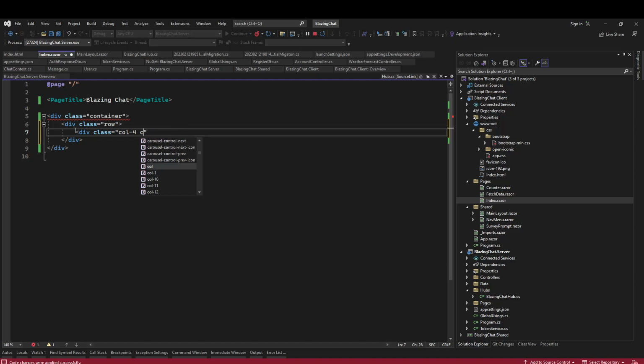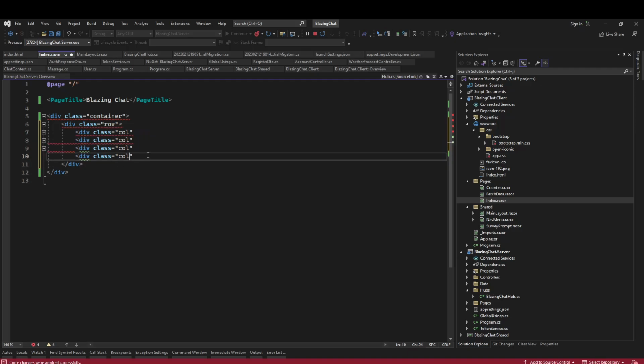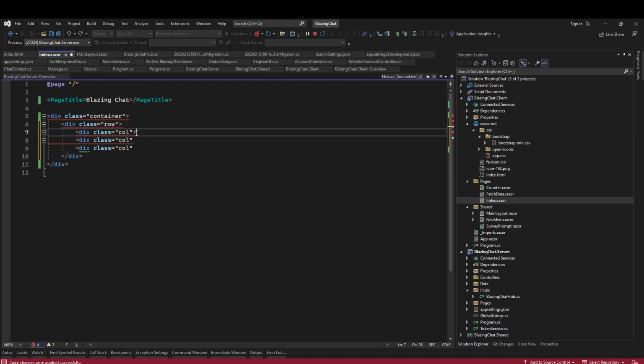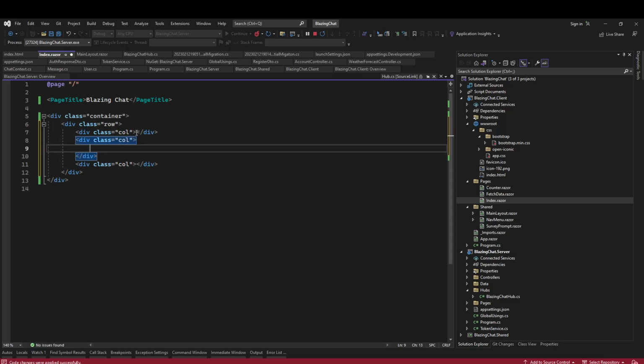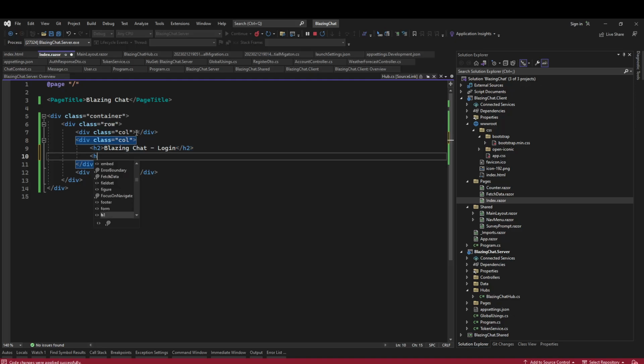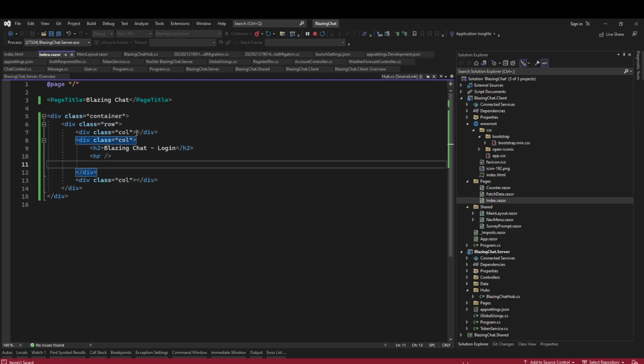What are those offset classes? Okay, so maybe let's add 3 columns, and in the center column we are going to have h2, so we will say Blazing Chat Login. Let's add one hr, and then